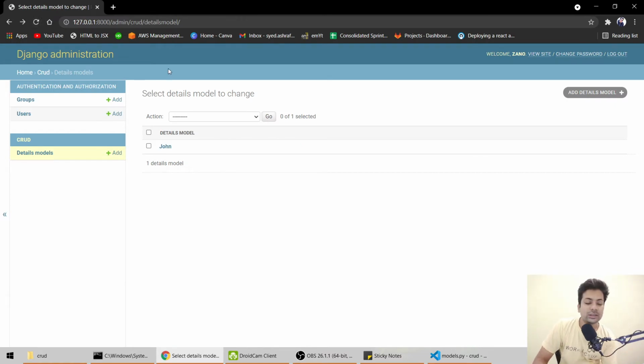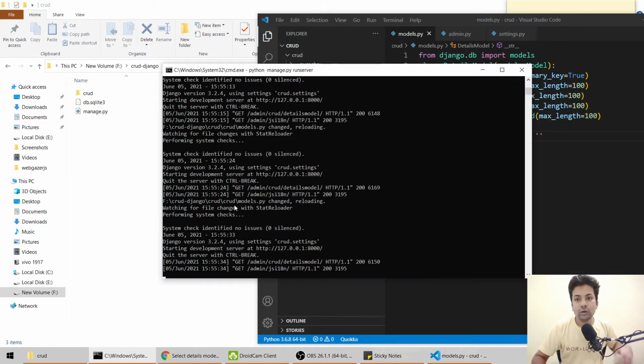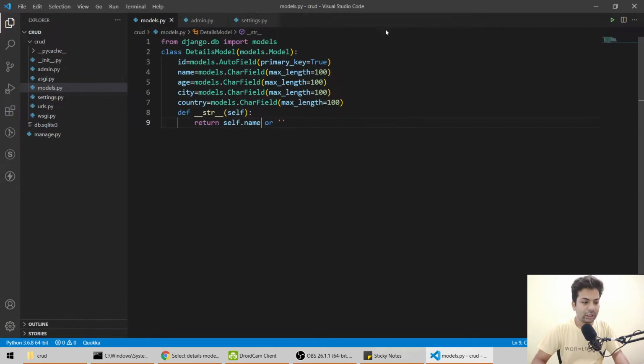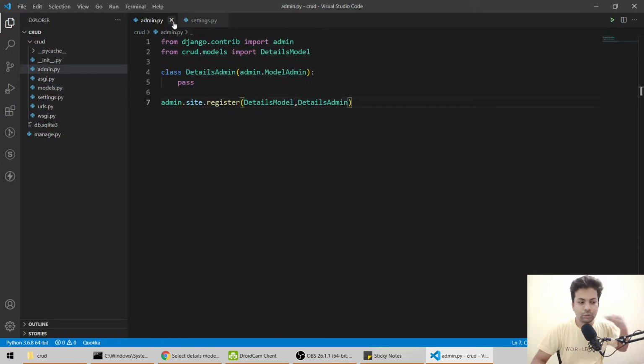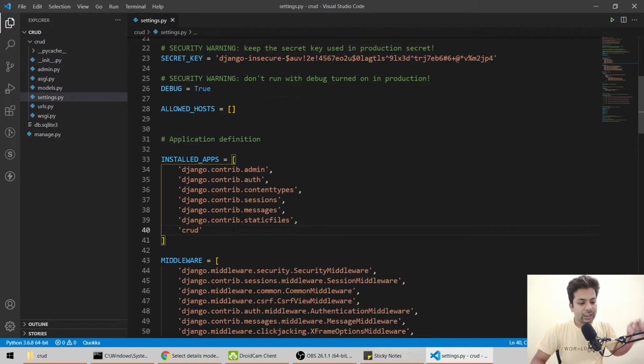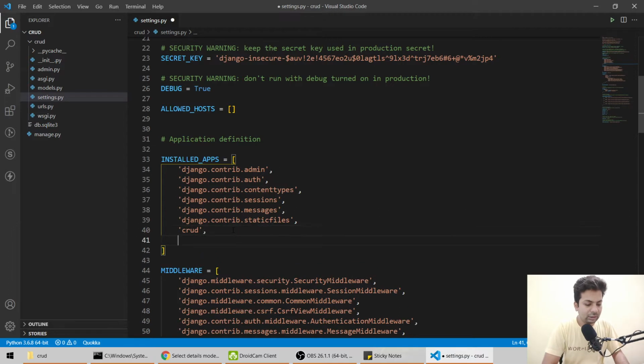So now let's start with the API building, and we'll use Postman for testing, not the Django view part. So minimize it. We don't need models or admin anymore. In REST framework, you come here, put a comma and write rest_framework, like in installed apps in settings, because we're going to use REST framework. Let's save it, and everything's fine.